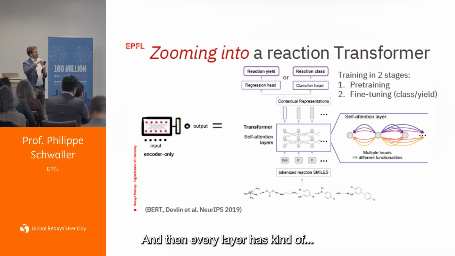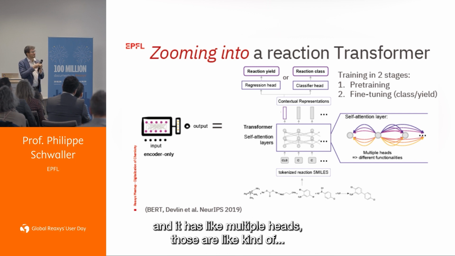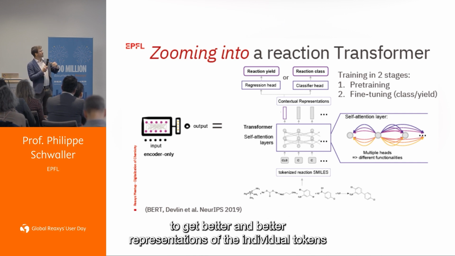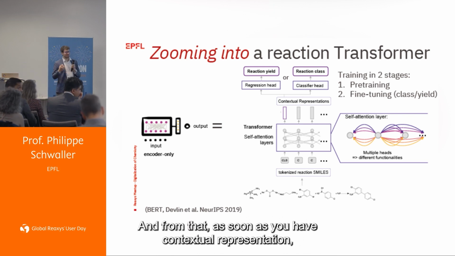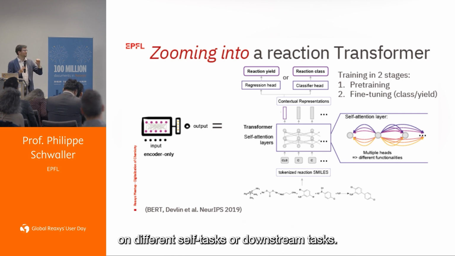And then every layer, this is a neural network architecture, has multiple heads. Those are sub-parts of the models that can learn different functionalities to get better and better representations of the individual tokens you have in the inputs. And from that, as soon as you have contextual representations, you can fine-tune that model to specialize it on different